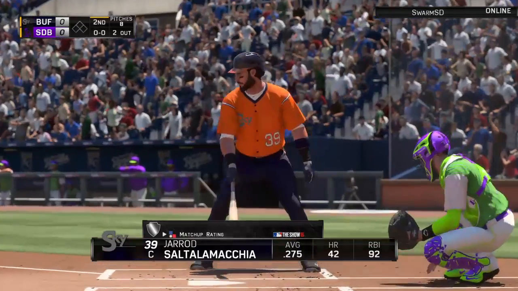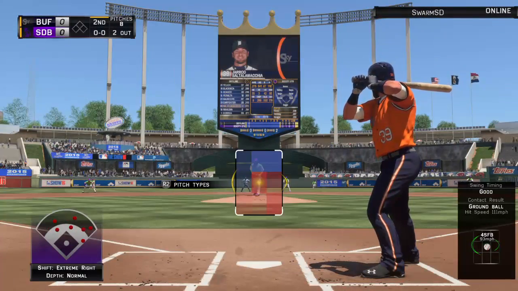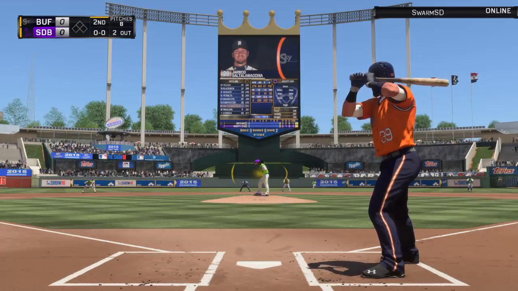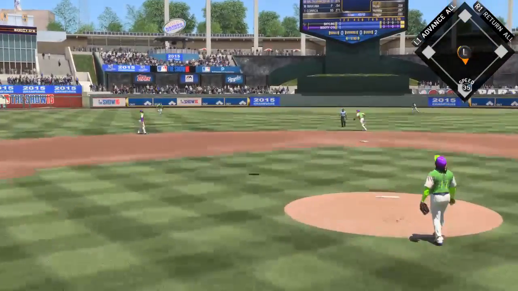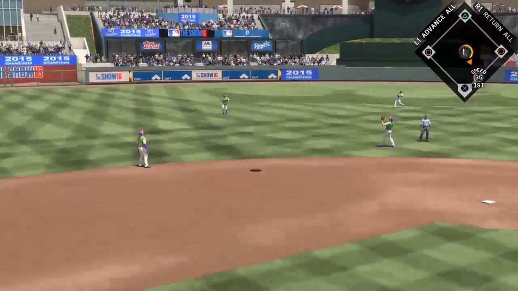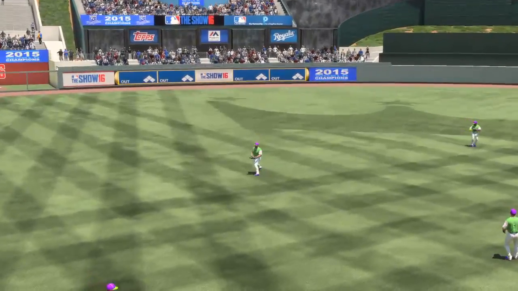Jared Saltalamacchia into the box here in the top of the second, looking to keep this inning going. Infield in the overshift here. Now the pitch. This one's flared toward left center. Calling for it, Holliday. And that ends the